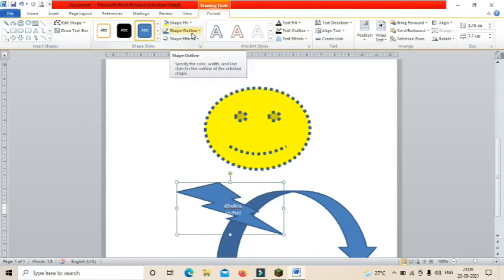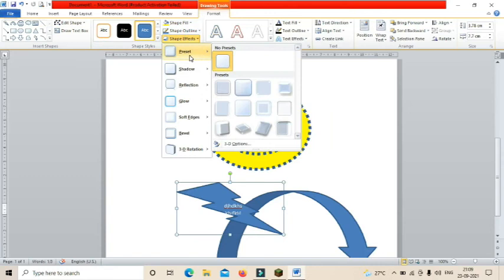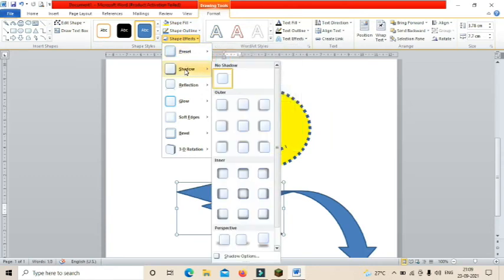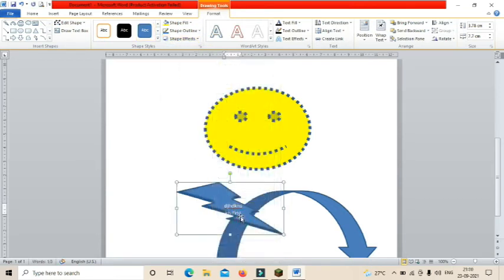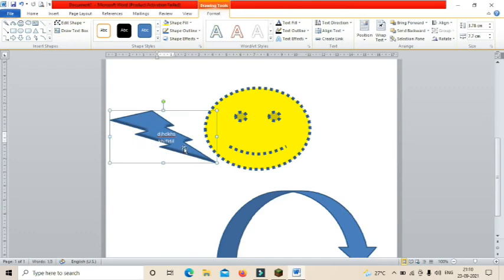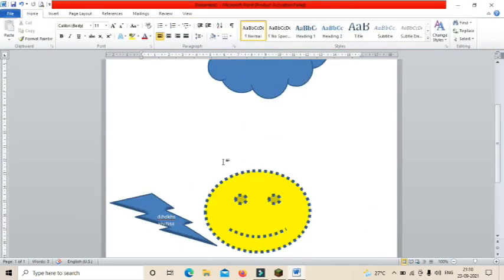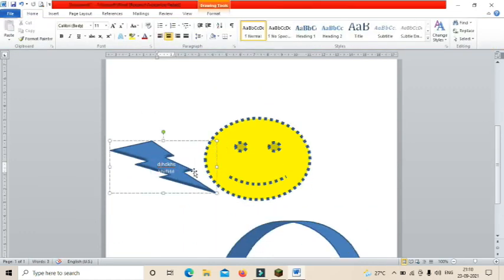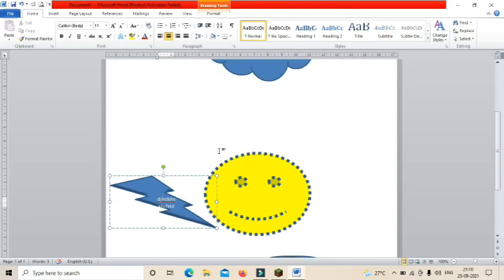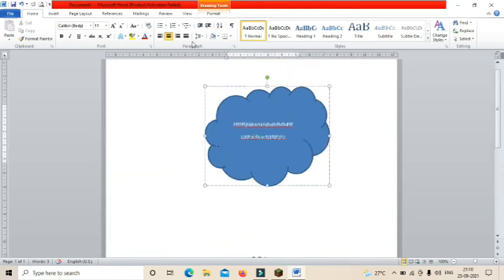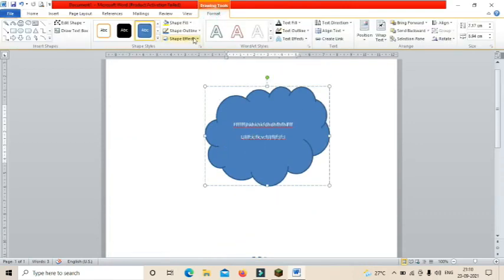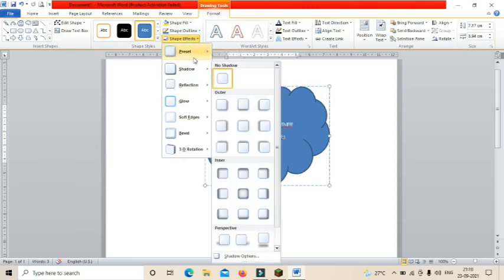Next is shape effects. Shape effects help us to change the appearance. If you want to place a shadow, we can choose shadows. Different shadows we can choose. That shadow effect gives a 3D appearance. Or we can choose preset options.